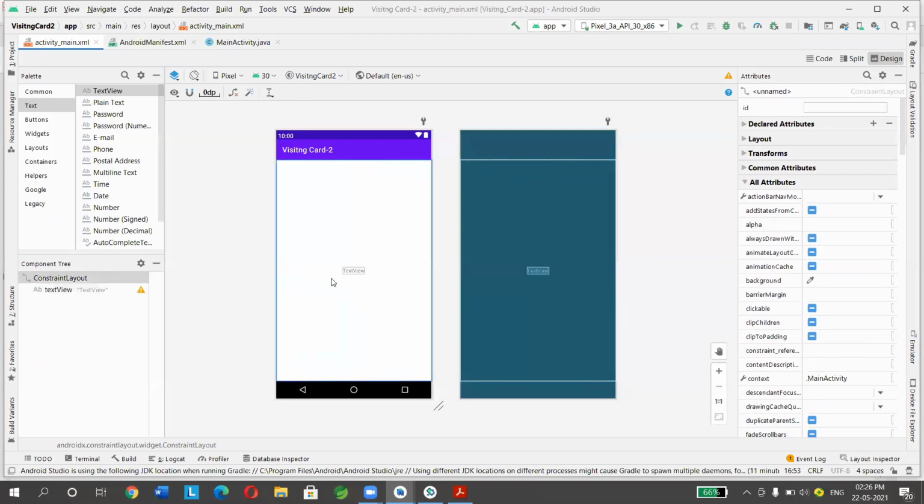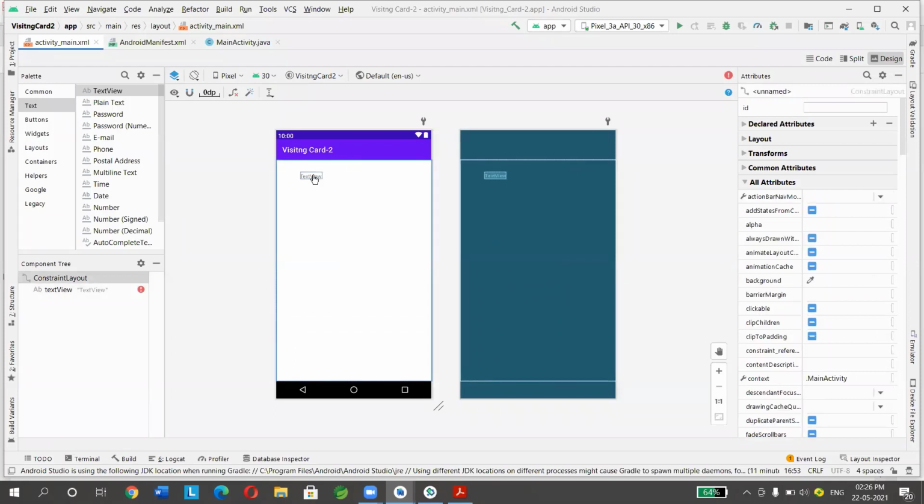So if you want to place it in the center, just drag all the sides and it will be placed in the center. You can see it's visible in the center, right? You can see now that the red dot went, correct? So this is one way of doing constraints. So another way, here,